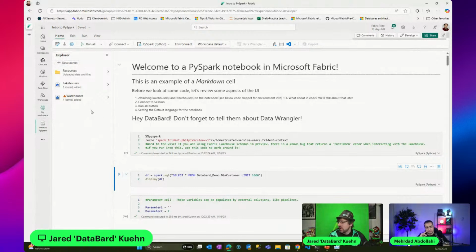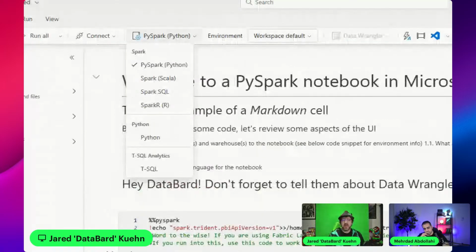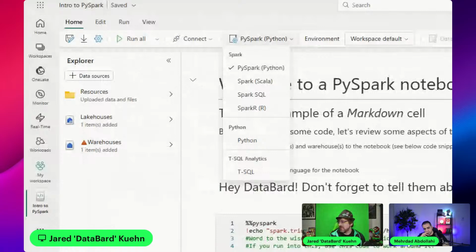Second thing we need to know is the specific environment. What can we or can we not do? I'm going to take a look at this section here for language. So if you notice here, Lakehouse on the left looks pretty normal. Warehouse has that yellow warning sign on it. Well, what's it talking about? Take a look at the languages that I have up there.